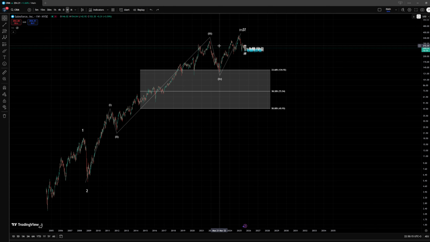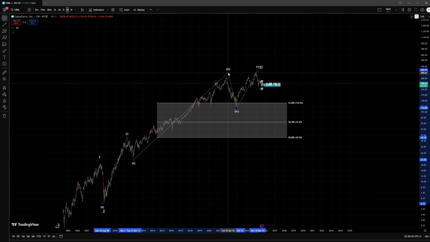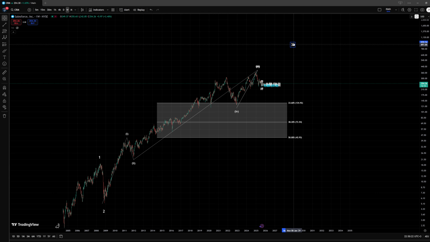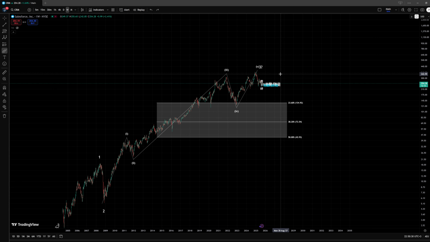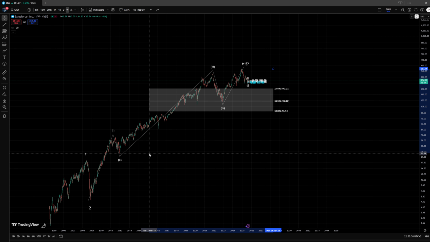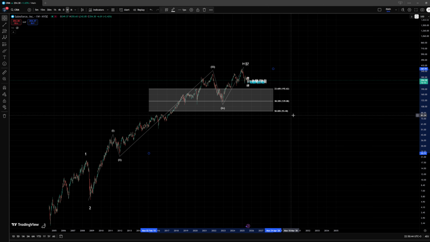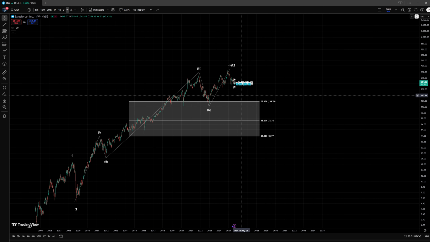Now with that said, I am still open to the possibility that this third wave actually topped here, and then this large third wave actually still needs another 4-5 pattern to complete it. In that case we wouldn't necessarily need to reach this level of the support zone. We could be looking at something much closer, something between like $192.6 down to around $93.4,